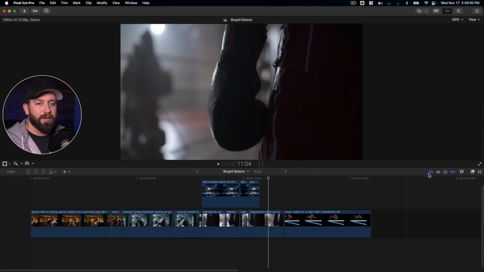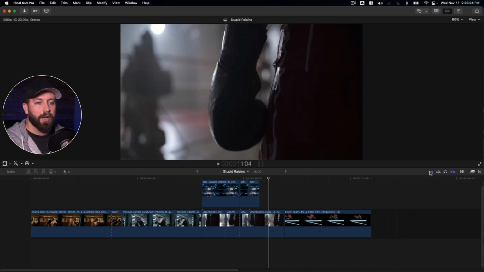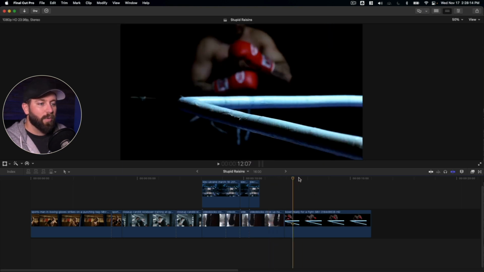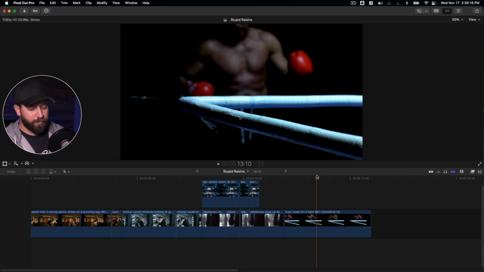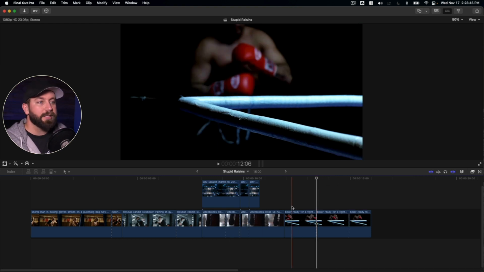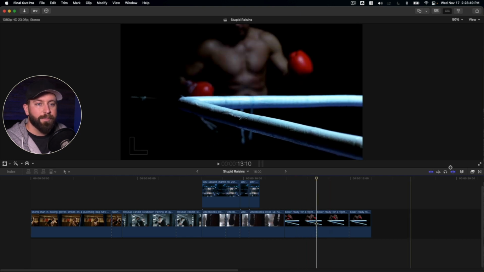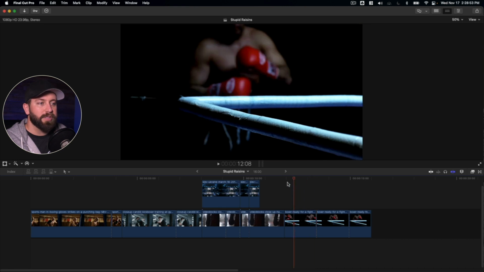Now, speaking of this playhead, I do wanna show you one thing. Right now we have the skimming turned on, which is right here. That is the video skimmer tool. So now as we move across, you notice that line is no longer there. Instead, you would wanna move your playhead to the place where you wanna cut. I prefer to use the skimmer tool because it allows me to see a preview of what's happening in this particular clip. Because once we turn that off, you no longer see that preview,